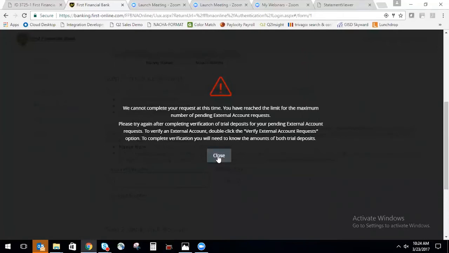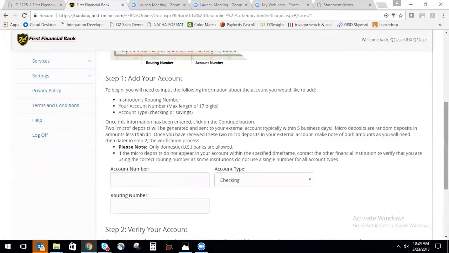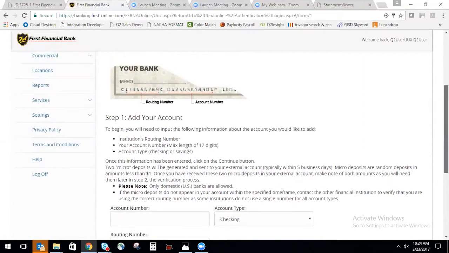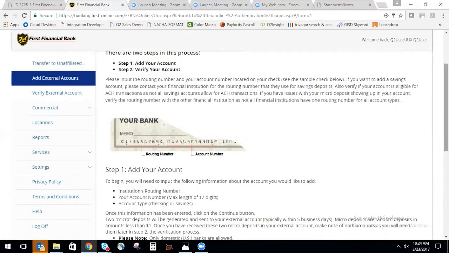Okay, so at this point, I've exceeded my previous limit, but what will happen at that point is that First Financial will receive that request and will send out 2 micro deposits, which will then be deposited into your external account that's designated. Once you receive those micro deposits, you'll then come back here, click on Verify External Account,